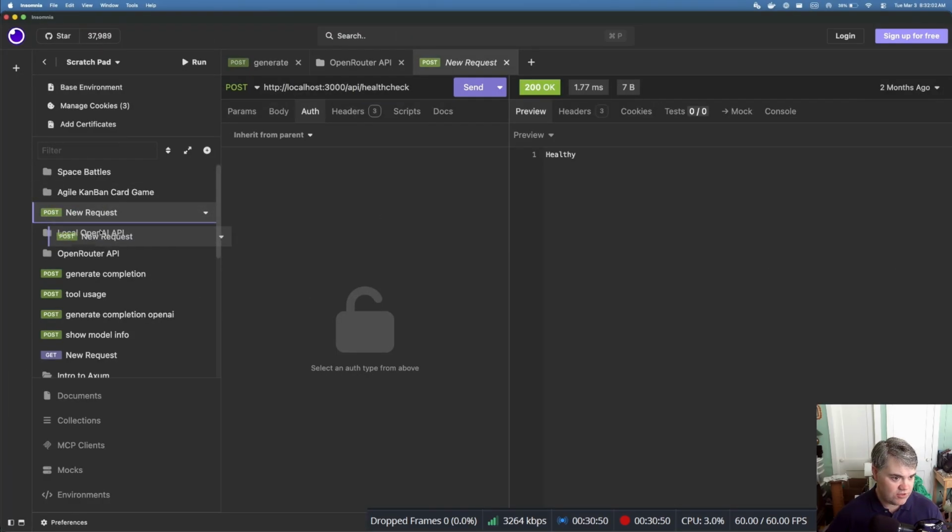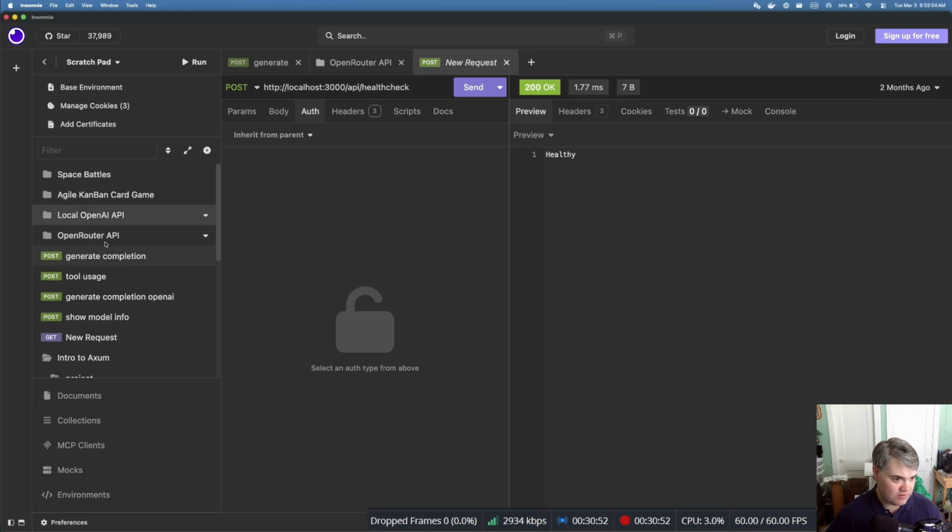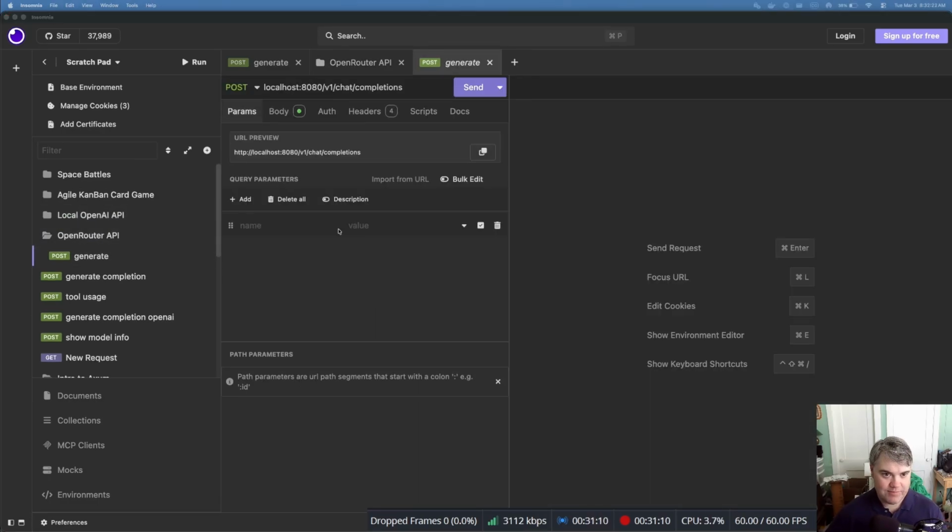Okay, so new request. I want to throw you into Open Router API. Okay, so what we want to do is we want to have our base URL. So we're going to do a very basic request and try this out. We're going to send a manual request, which is essentially just a chat to Open Router. So HTTPS: